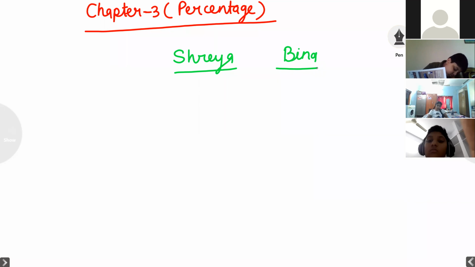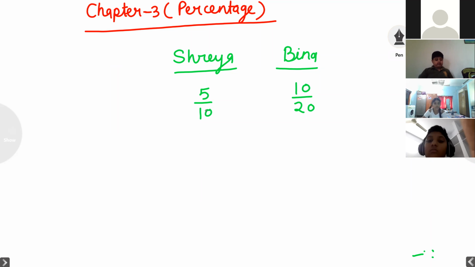Beena was very happy. She was so happy and she was teasing Shreya. She got more marks compared to Shreya. Beena got 10 by 20 and Shreya got 5 by 10. Beena was so happy, and she was teasing Shreya, I got more marks. Shreya also was thinking, I got 5 by 10 and Beena got 10 by 20. I got only 5 marks, but Beena got 10 marks. Then Shreya was very sad and Beena was very happy. She was teasing Shreya.